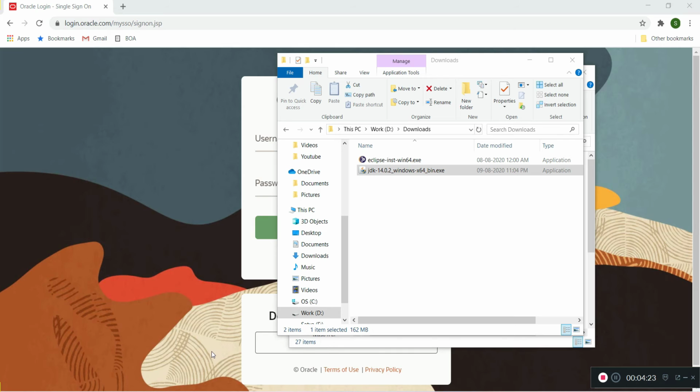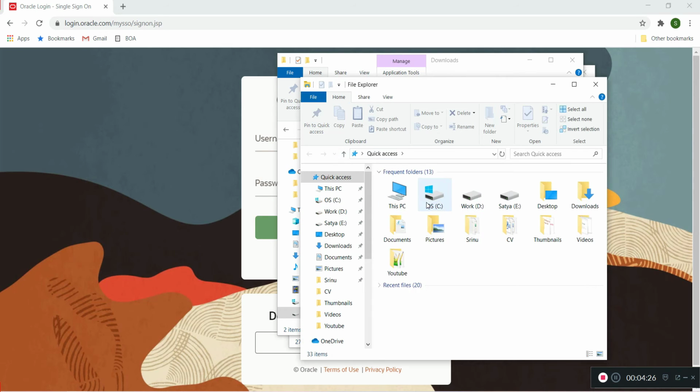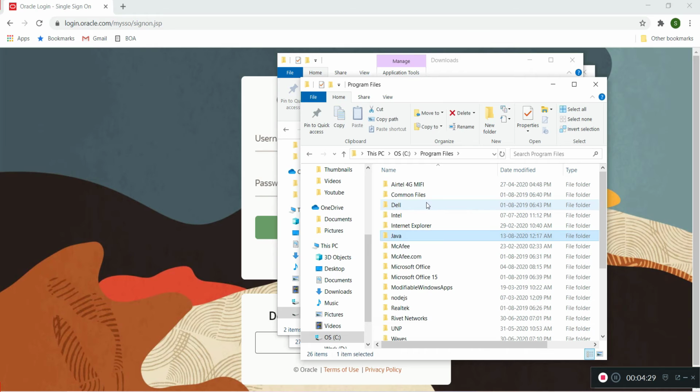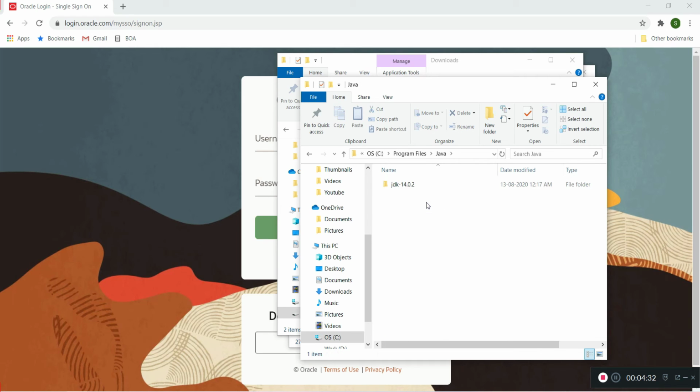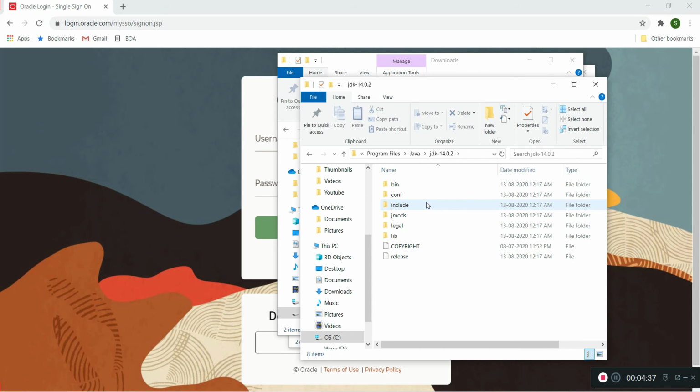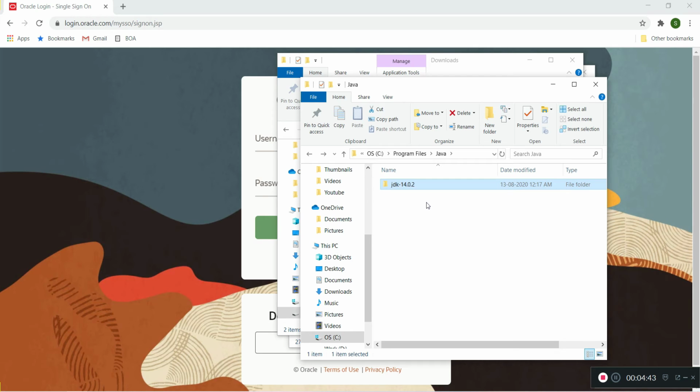If it is installed, we can find this in C Program Files. Yes, the folder got created, and inside this I have the JDK 14.0.2 folder. So Java is installed in my PC. One thing you can observe, there is no separate JDK folder and JRE folder. There is only one. I think after Java 11, Java merged the JDK folder and JRE, and it is getting installed as a single folder. Before Java 11, if you installed, you might find two folders, JDK and JRE.